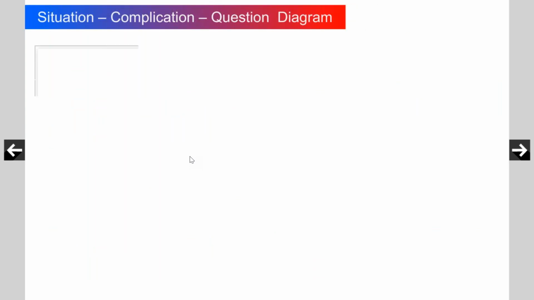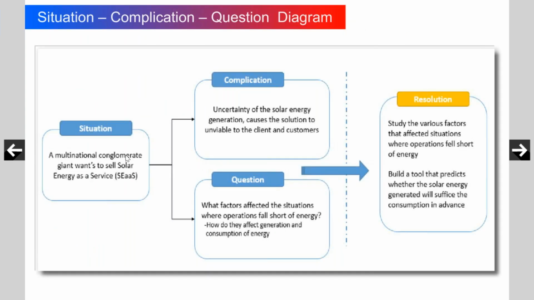And then they could provide the solution. What is the situation here? A multinational conglomerate, who sells solar energy as a service, faces a complication. They are not able to tell with certainty that they will be able to produce 100 megawatts, 110 megawatts. And then by using the past data, how much sunshine did Chennai get during this period last year, during this period in 2019, 2018? You know very well, monsoon always arrives,